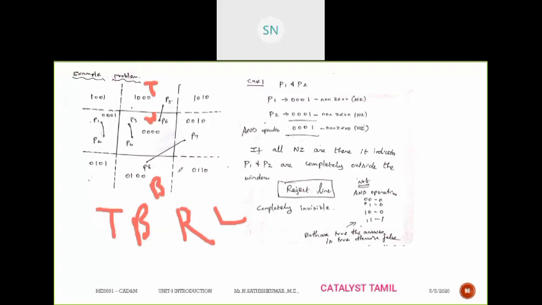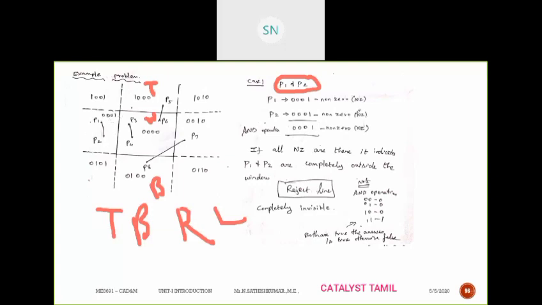Okay. Now what is the next step? I have to select the lines one by one. My first line is P1 and P2. I am considering P1 and P2 as my first case. What is the region code of P1 and P2? Both P1 and P2 are lying on the left side of the window. So P1 is 0001, and similarly P2 is 0001, because both endpoints are lying in the 0001 region.